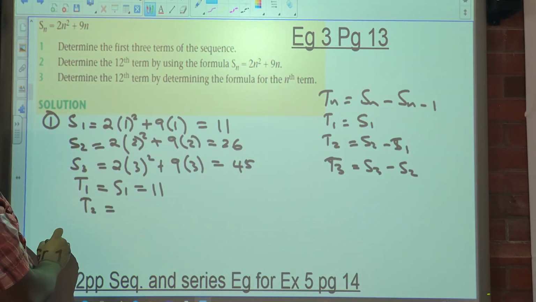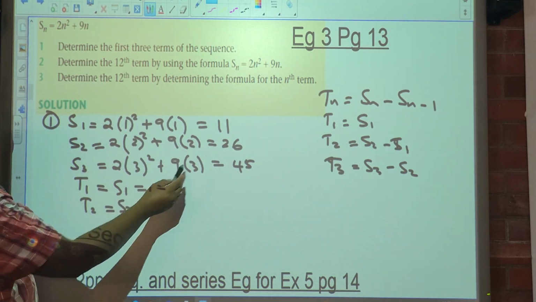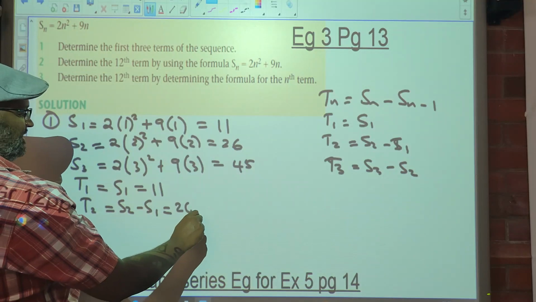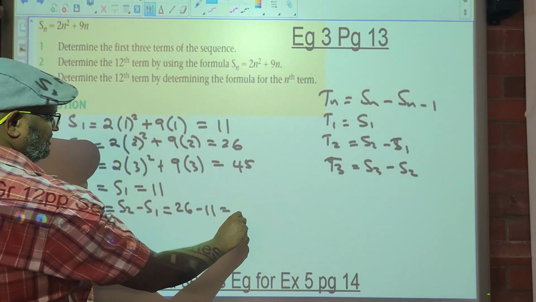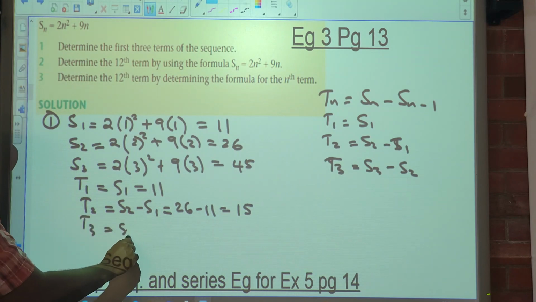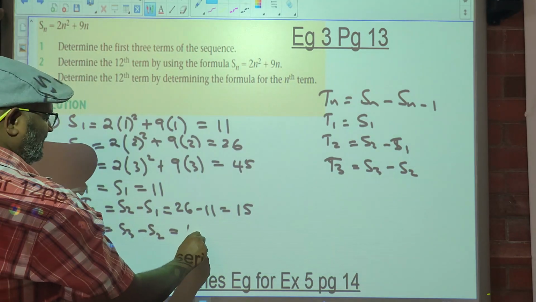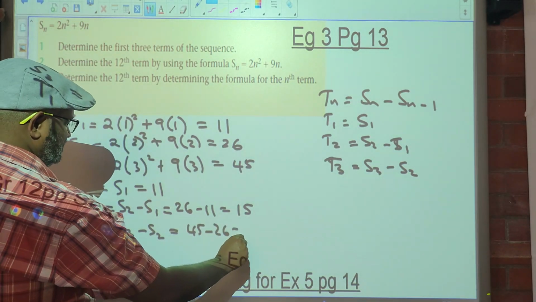T2 is going to be S2 minus S1, which is 26 minus 11, which is 15. T3 is going to be S3 minus S2, which is 45 minus 26, which is